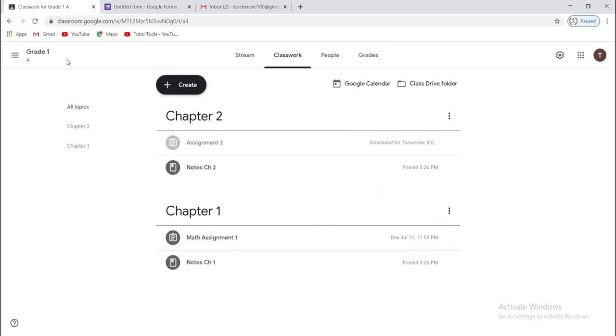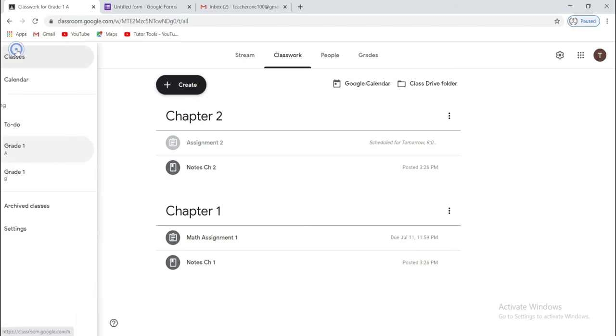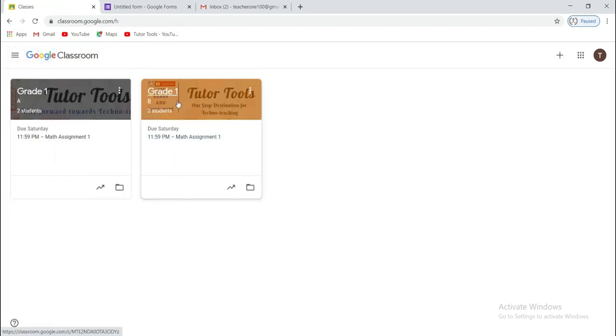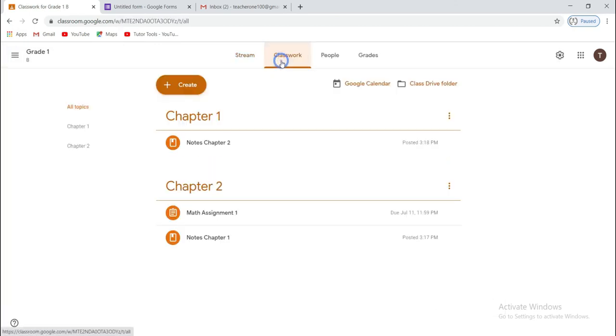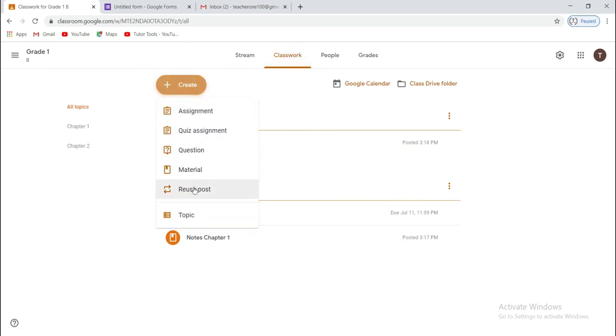Now let's see how we can post the same assignment which has been scheduled in this class into the other class. Now in this create button you even have the option of reusing post, the same way as we did for stream.